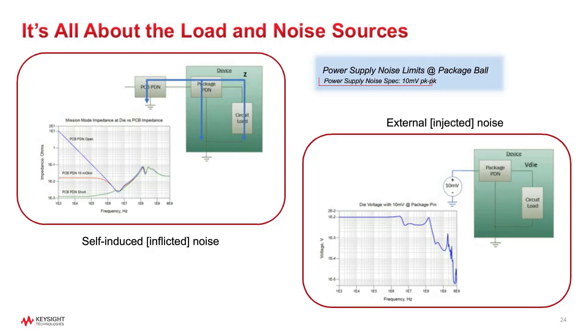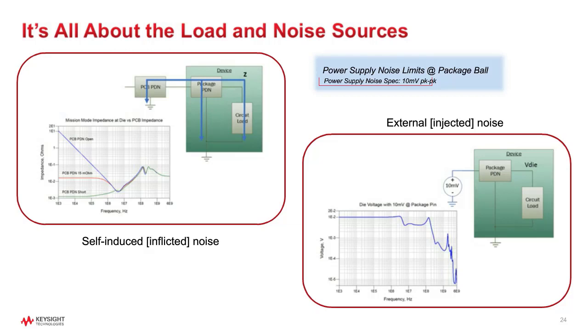To demonstrate that the VRM and PCB have little impact on the very high frequency impedance seen by the die, a simple simulation is set up with the package die model connected to the PCB PDN impedance on the input package pin side, and then a load transient stimulus is placed at the output on the die side. The impedance seen by the actual switching transistor at the die can then be simulated. This is the plot in the upper left showing the three different cases for the PDN impedance.